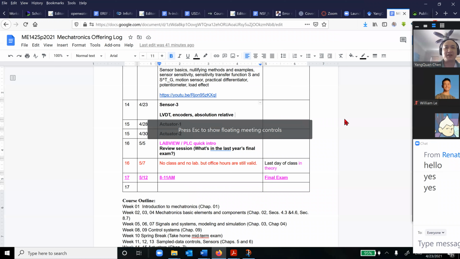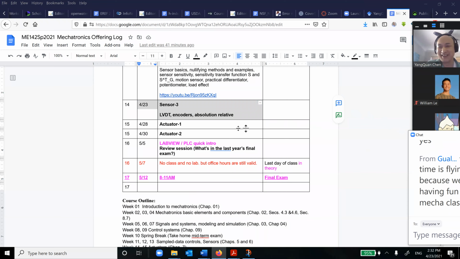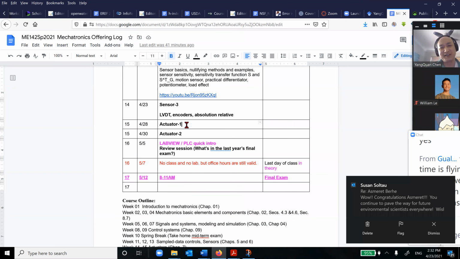So I'm going to review. Today we are going to go through LVDT, and in the later part we are going to do the encoders for digital sensors. Okay, you're having fun, I hope. Then next week we are going to do actuators,